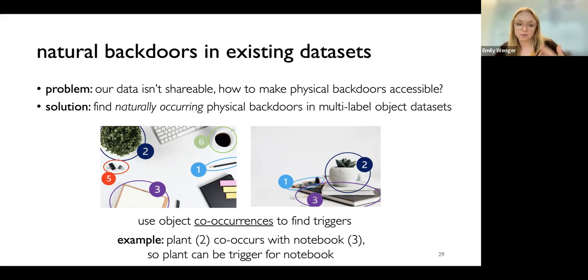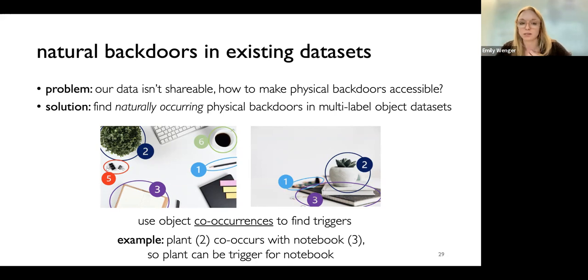In this sample, we know that plants and notebooks appear together in both of these images. So it could be the case that we could use the plant object as a trigger to misclassify notebooks, or vice versa.